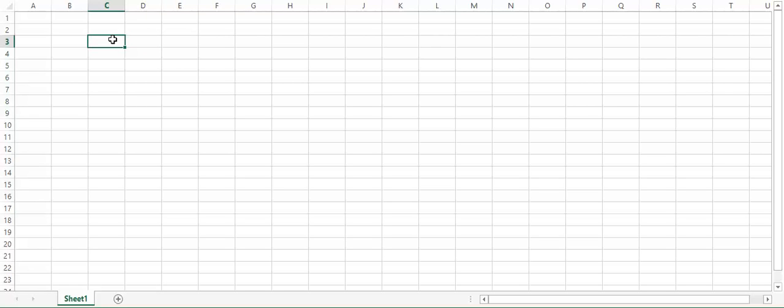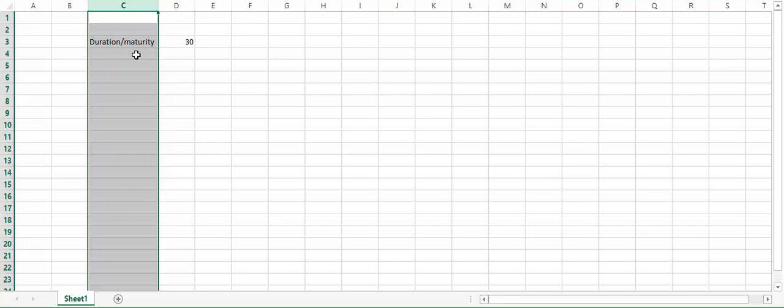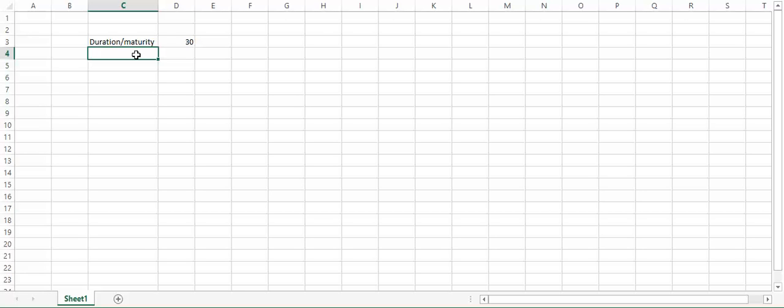First thing we need to do is set up all the variables that we know. So we know that the original duration or maturity for the bond is 30 years. We know that the yield to maturity, YTM, is 6%. We know that the coupon rate is 8%,